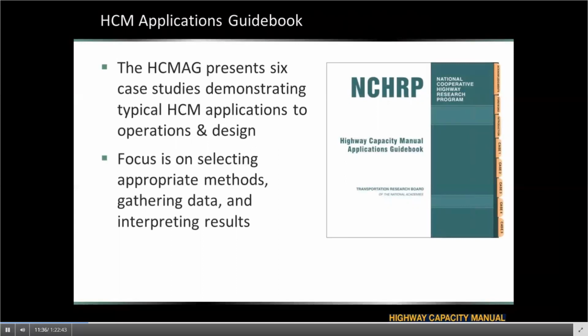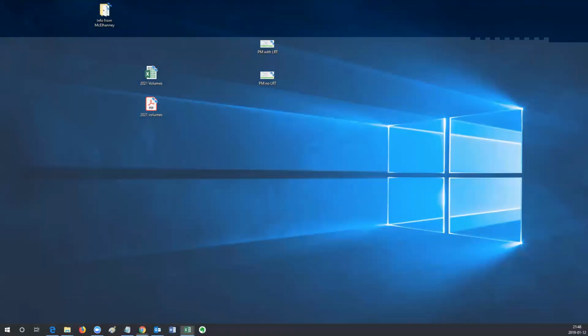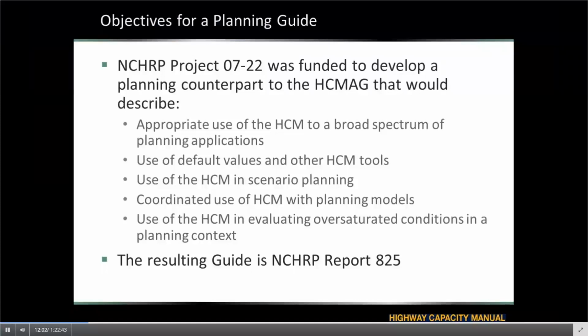It was thought that a similar guide on applying the HCM to planning and preliminary engineering applications would also be beneficial. Therefore, National Cooperative Highway Research Program Project 722 was funded to develop a planning and preliminary applications guide to the HCM that would describe how the HCM could be applied in a wide variety of planning, preliminary engineering, and performance measurement applications. This guide was to include, but not be limited to, describing use of default values in service volume